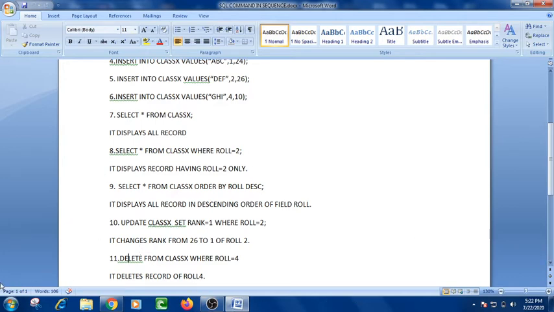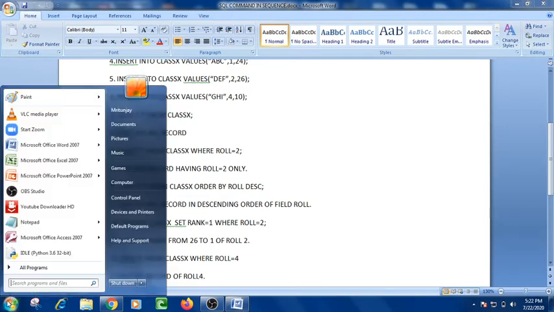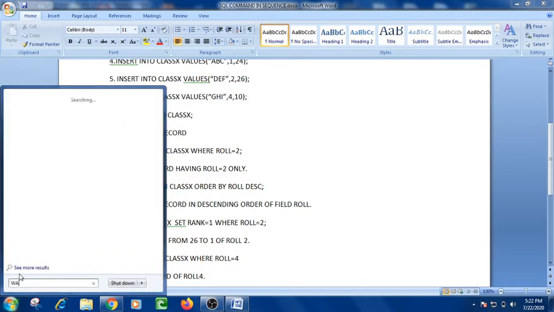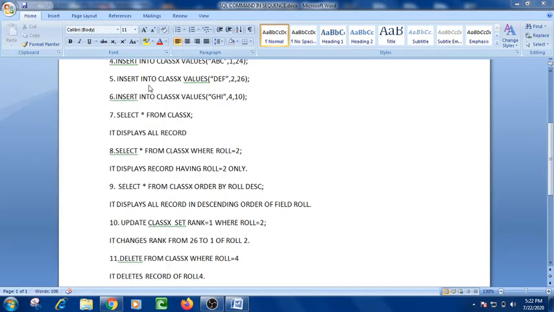For this purpose, the first thing that we have to do is to install the WAMP server. Okay, I have started the WAMP server here. Now click yes. Now all of you can see in the system tray the WAMP server icon is there.